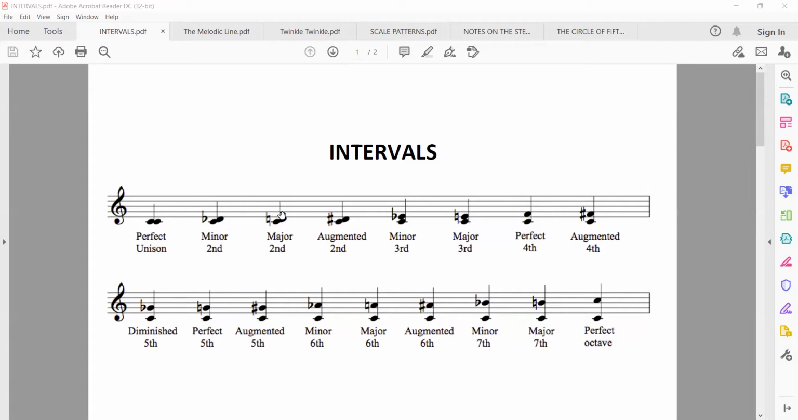All right? So this is the shortest one, the semitone, and this is 1 tone. And all the other intervals are measured in terms of tones and semitones. Okay, so topic number 1 is